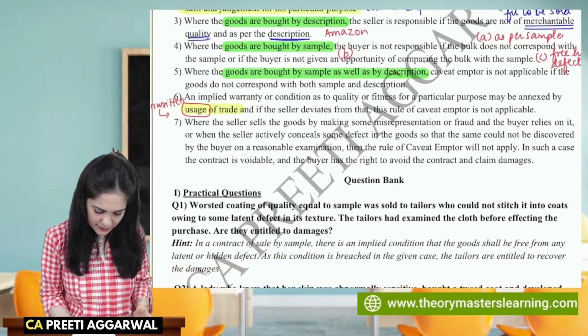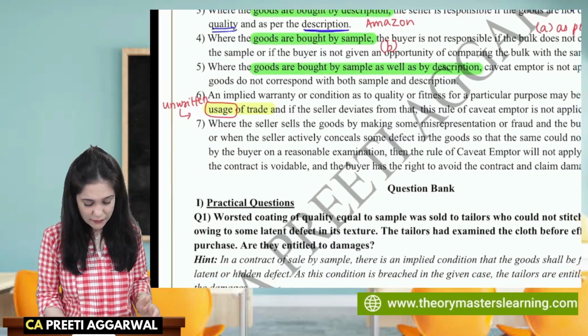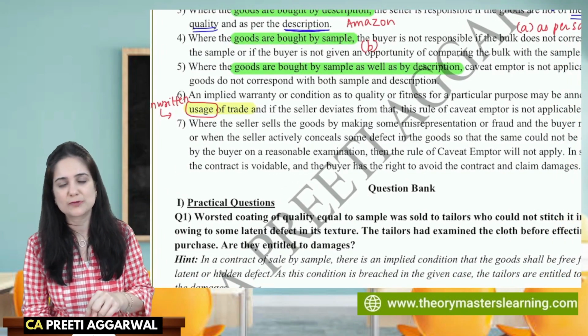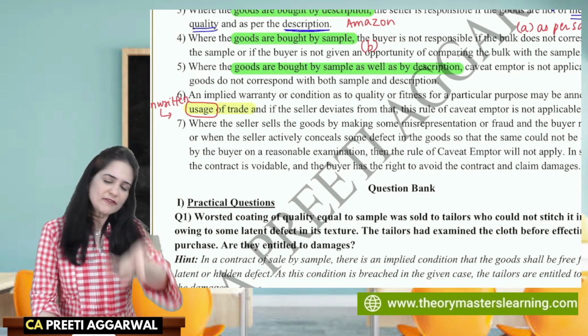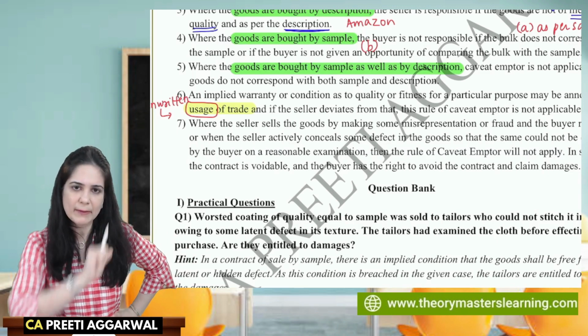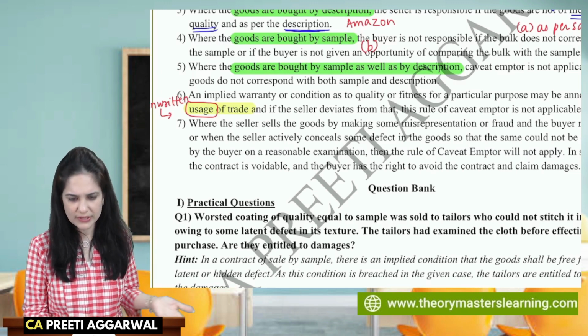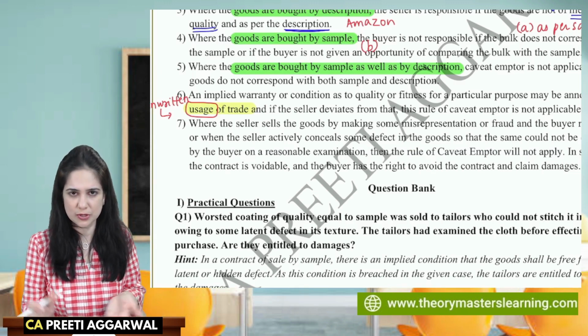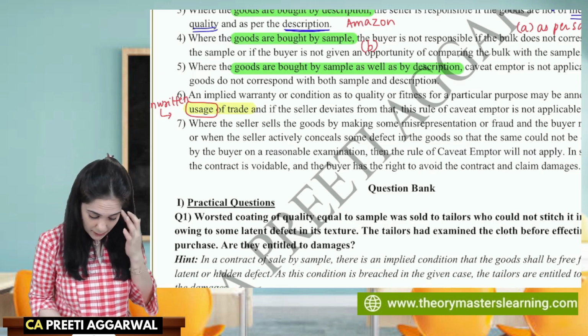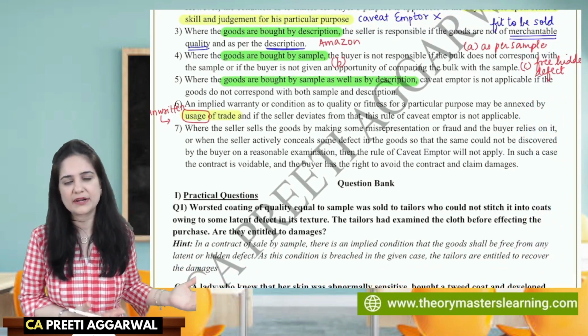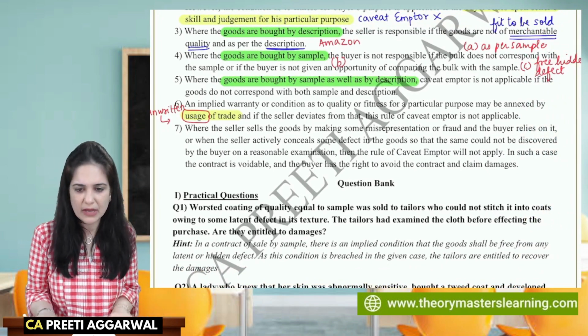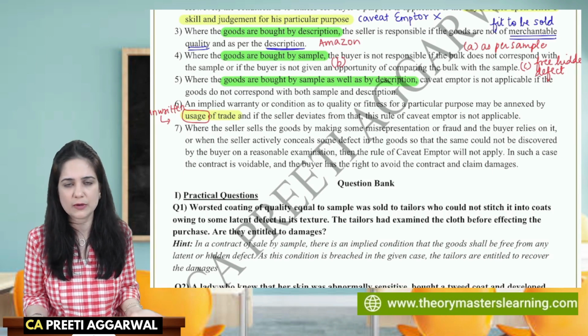Similarly, there are certain conditions as to quality or fitness which may be annexed, which may be attached by some trade custom. If it is not present, can you blame the buyer for it? No, it's the seller's responsibility to ensure that the goods are meeting the purpose, and are of the quality as demanded by the trade custom. You can't blame the buyer if it is not meeting the requirement.